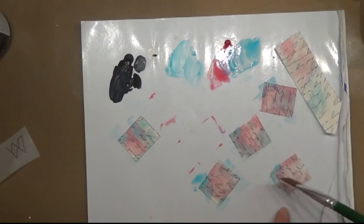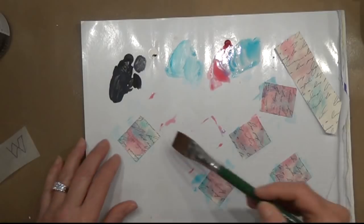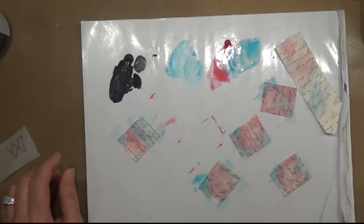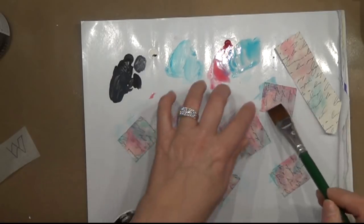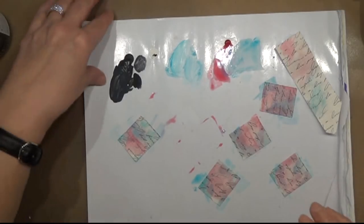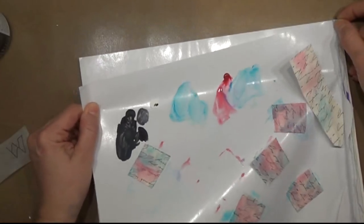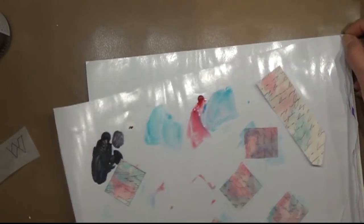We want it to have soft edges. We don't want any hard places on there. Okay, that one's mostly pink, but I think it will be okay once it dries. Okay, so I'm going to let those dry, so I'm just going to tear this piece of palette paper off so they can dry. And we'll move on to more detail here